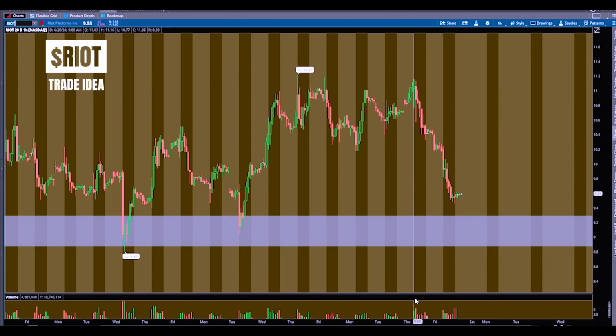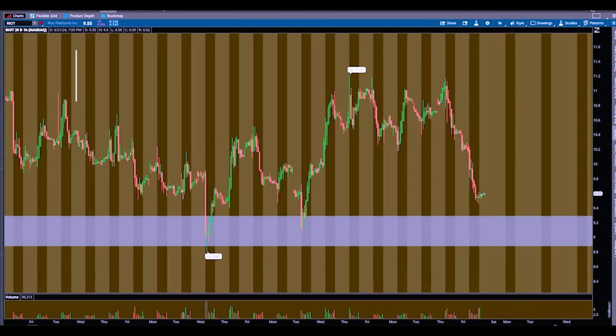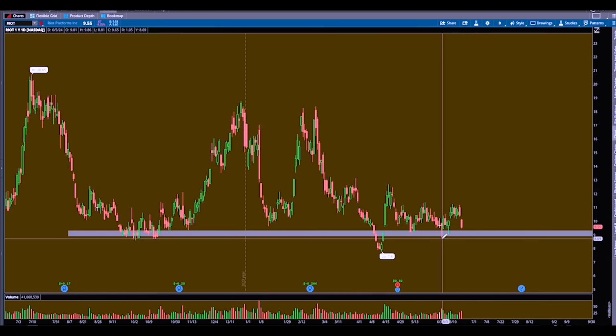This is the crypto sector. Let me zoom out a little where we can see this better. Actually, let's go to the daily. So I'm looking for